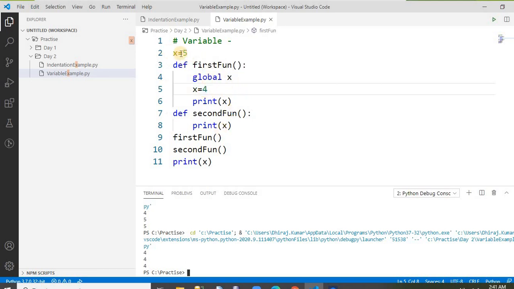It can be used otherwise. Suppose I rename this here to x1. Still it will print the value 4 for 4. Why? Because we have declared this global variable. Previously, if I print here x1, it will not allow; it will print the 5. Why? Because it's taking this value, not this global variable's value. So this is the way to create the global variable.